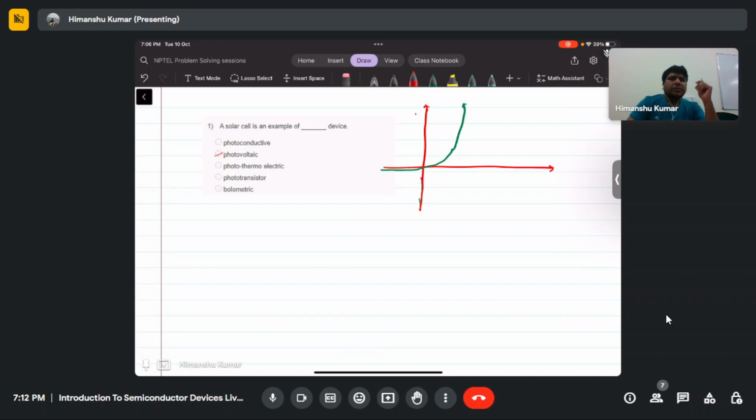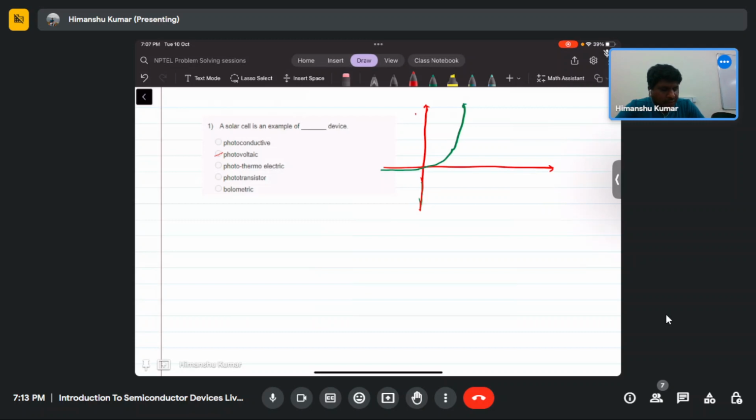In that video, sir had mentioned we need to find the better point, which is the maximum power point, between the short circuit current and open circuit voltage. Sir has also mentioned that we can increase the efficiency of the solar cell by increasing either the short circuit current or the open circuit voltage. But we can't increase both, because if we increase the current, the voltage will get reduced. So how is the voltage getting reduced?